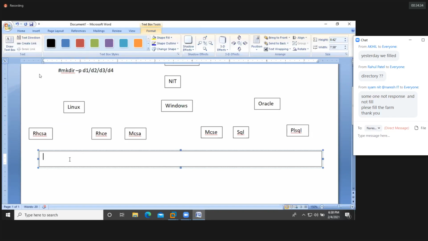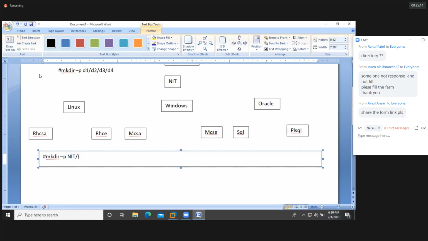Yeah. So let's see here. I'm creating a directory with mkdir. Hyphen p is an option. It's mandatory while you're trying to create parent and child directories. mkdir hyphen p is an option, and I'm creating the NIT directory. Inside the NIT, we should use forward slash. So we need to use NIT forward slash, and then I need to create a directory inside the NIT called Linux.